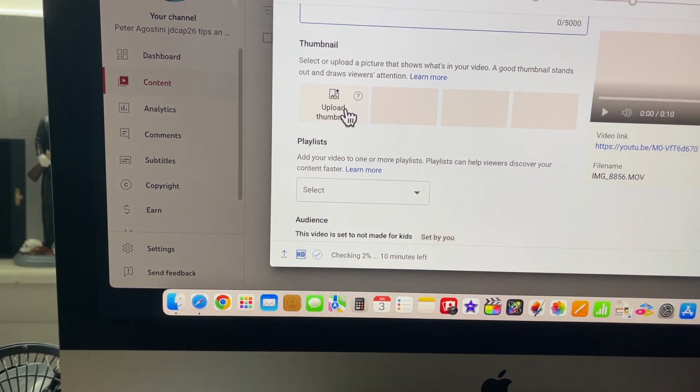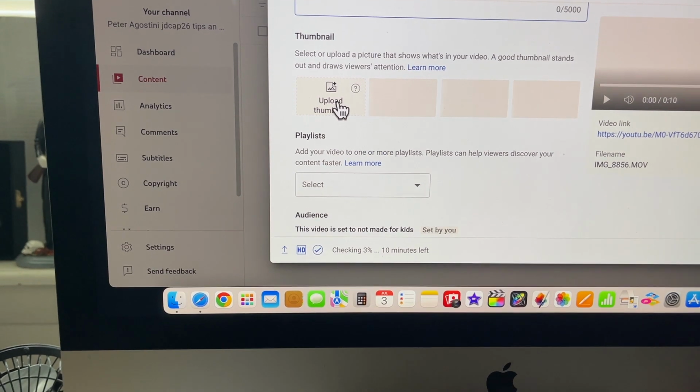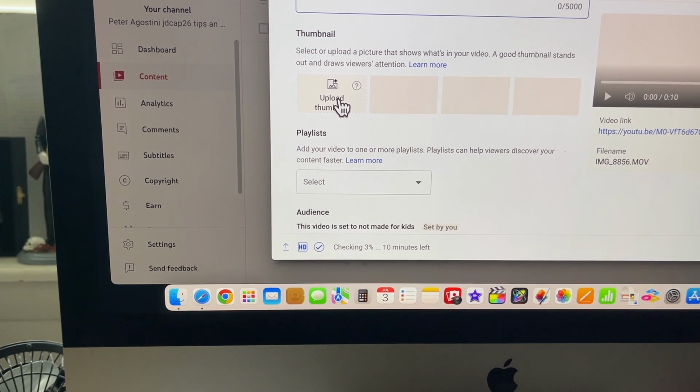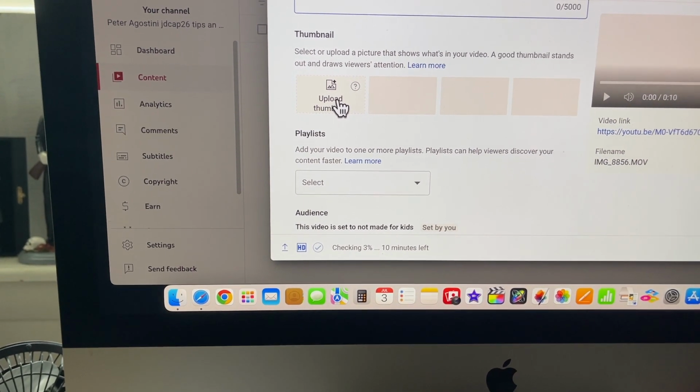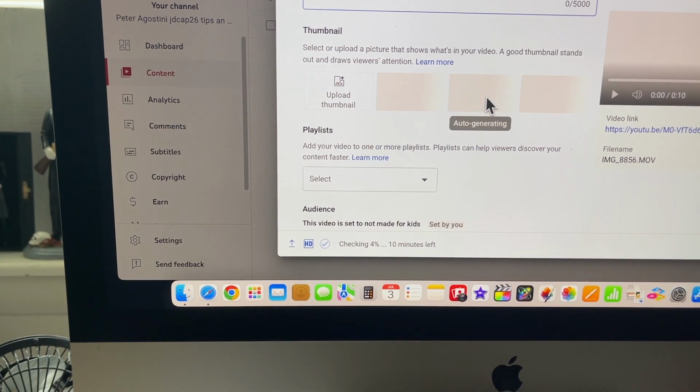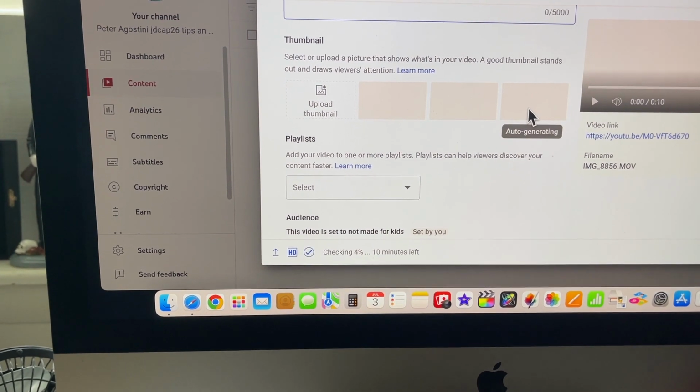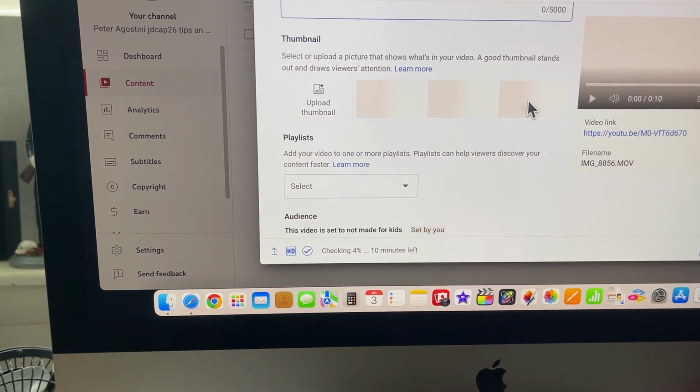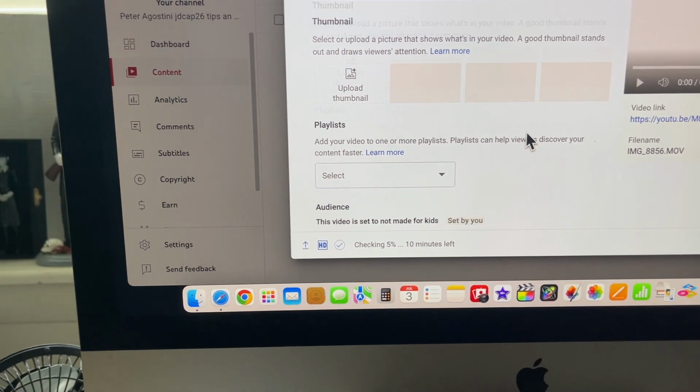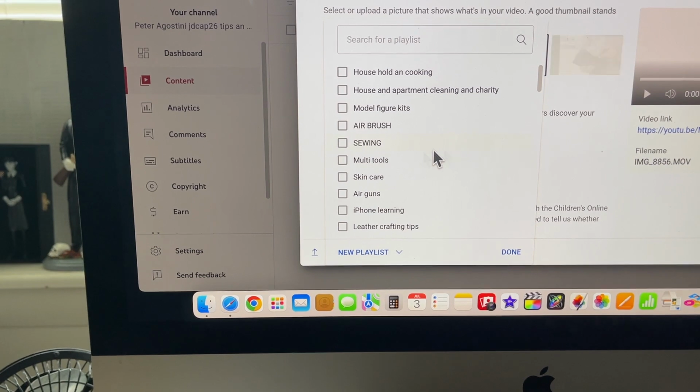And then you could put a thumbnail. The thumbnail has to be smaller. It'll tell you if it won't take it, then you have to size down the thumbnail, which is a photo. Okay, it will give you 3 choices of a thumbnail right here. Then you want to go and select the